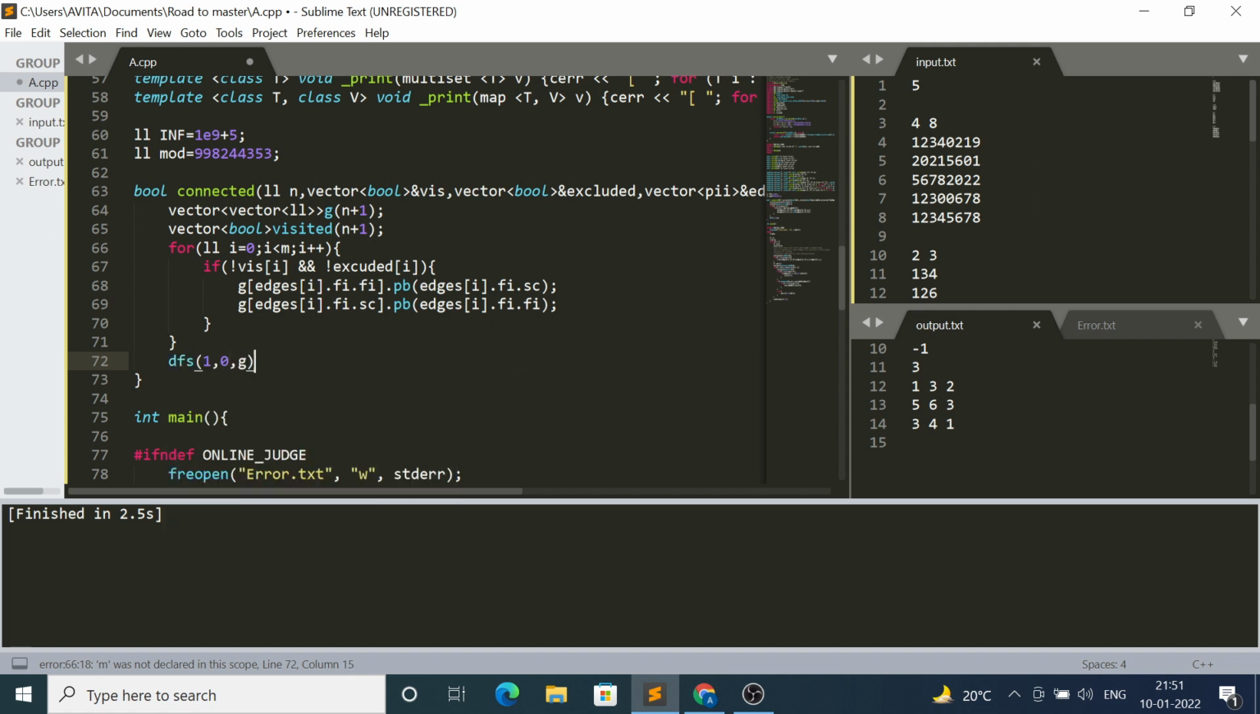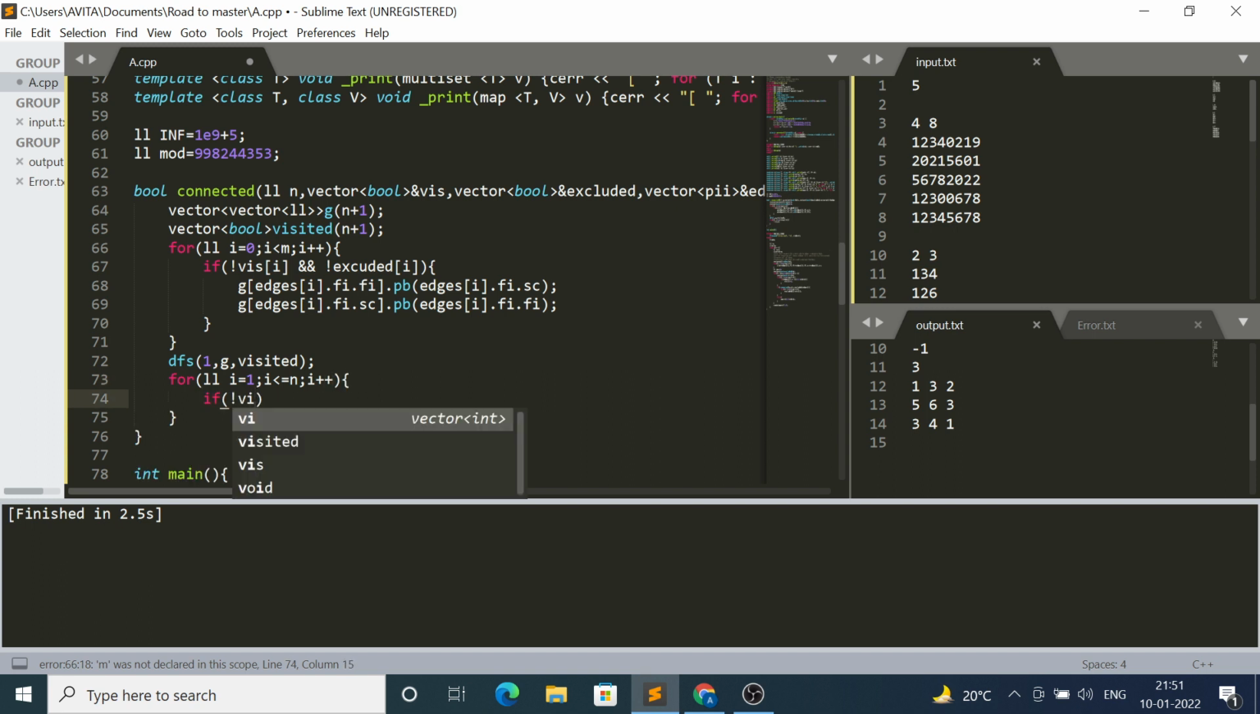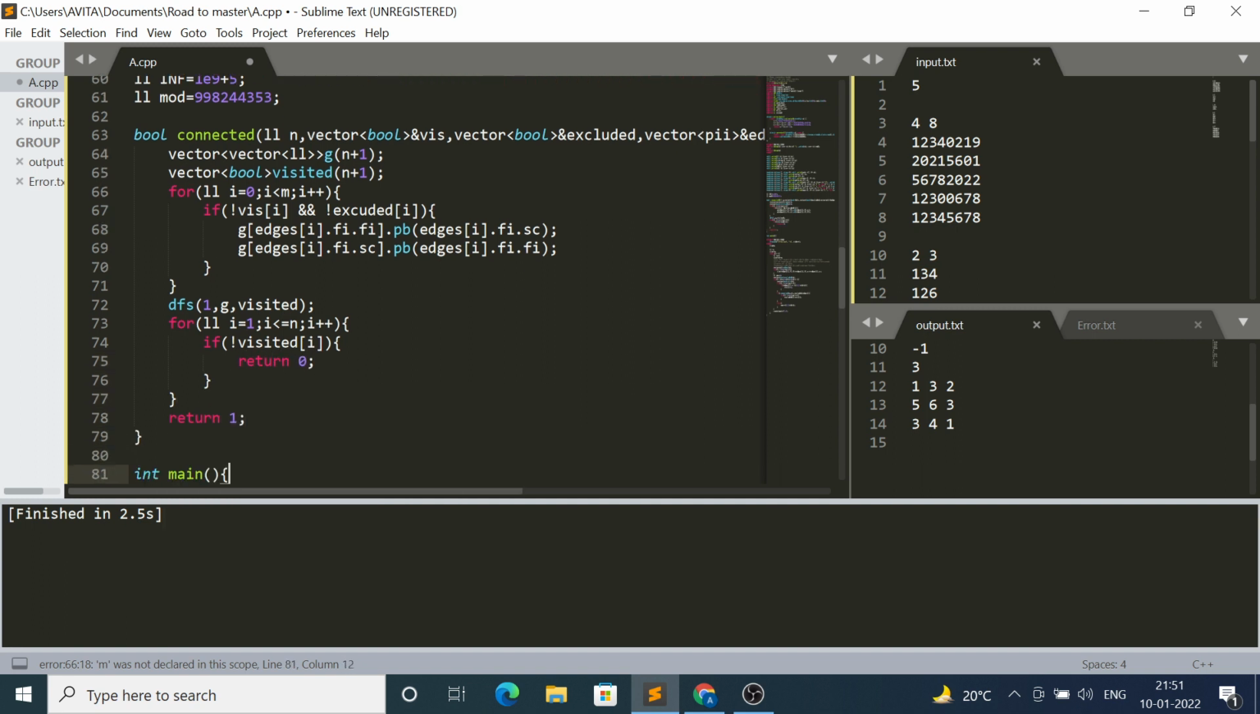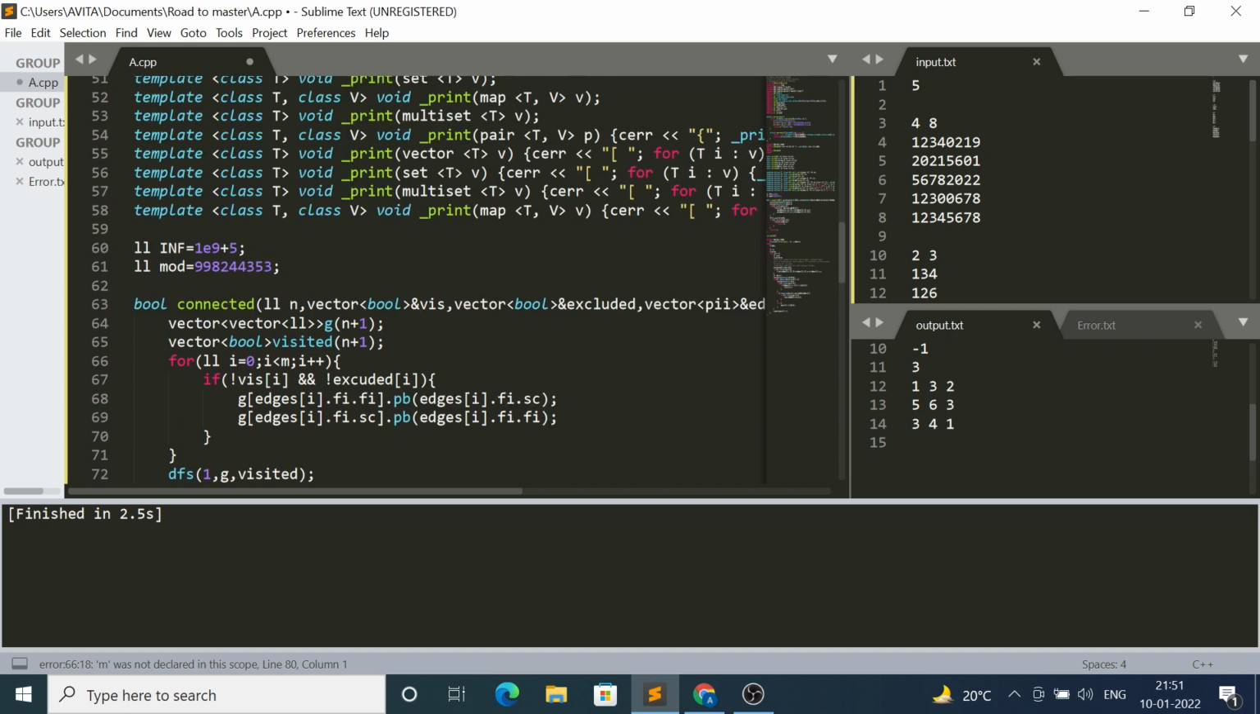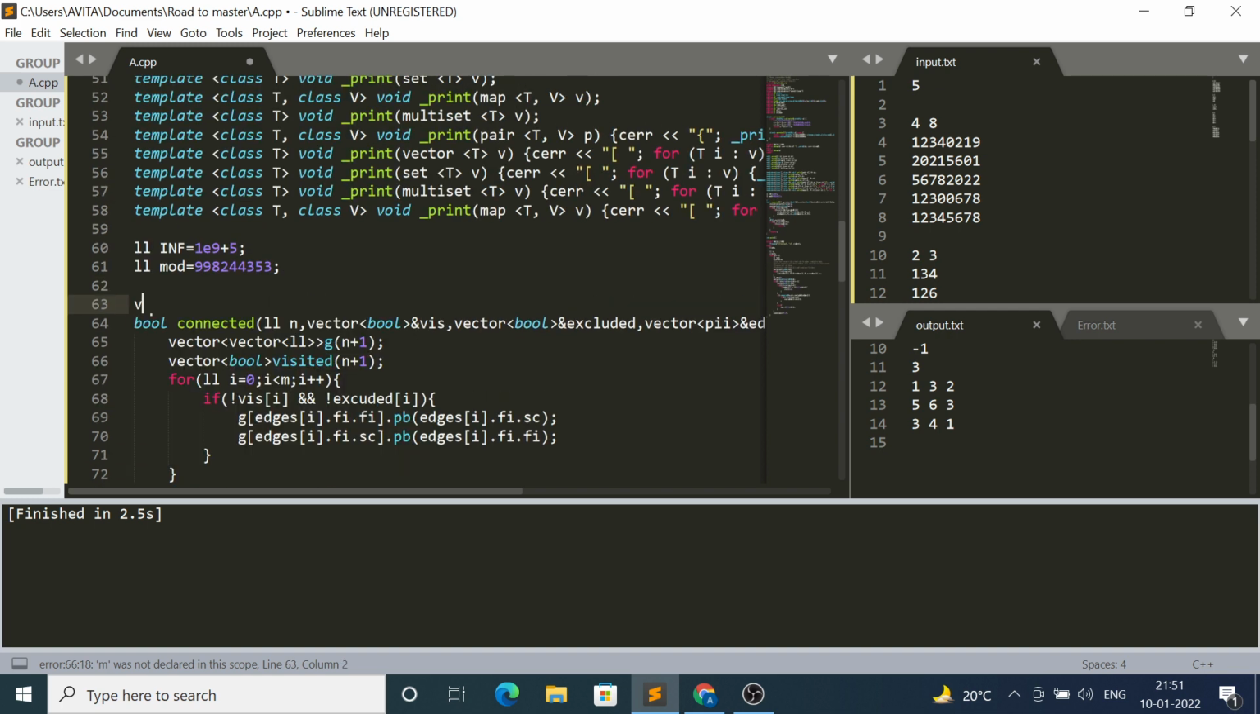dfs(1, 0, g, visited). for i = 1 to n, if not visited[i], dfs(i, 0, g, visited). Cool. dfs